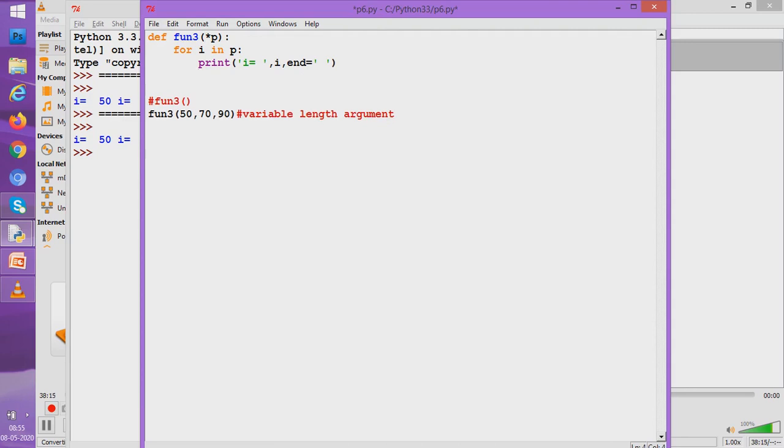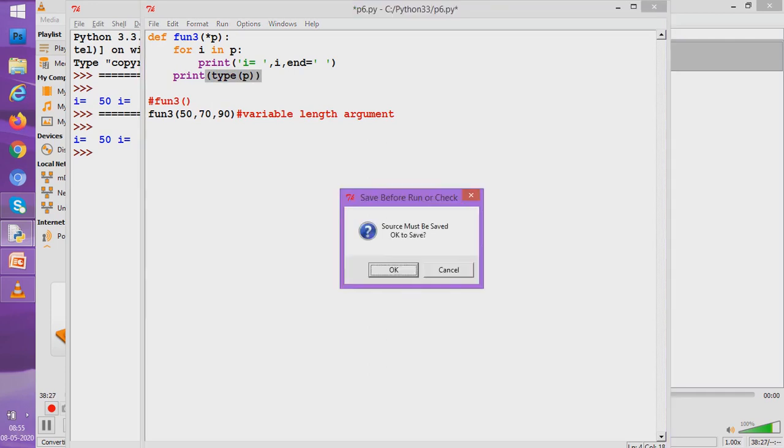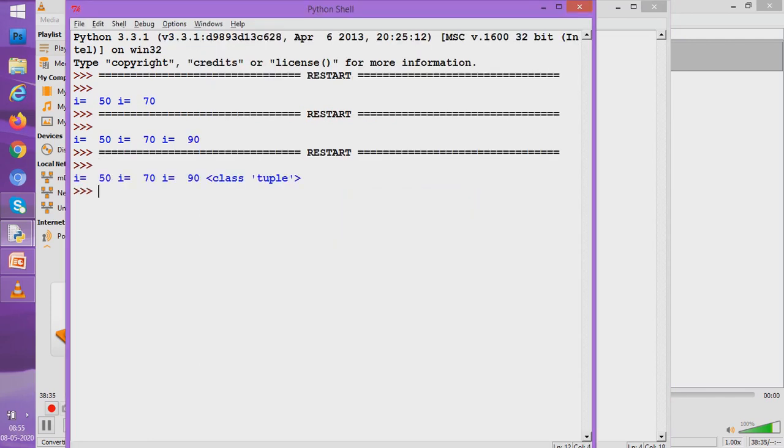Let us write here print type of p. Students, p is a tuple. P becomes a tuple. Whenever you pass such type of parameters, these parameters are actually a tuple. Let us see. See, it is of class tuple. Understood?